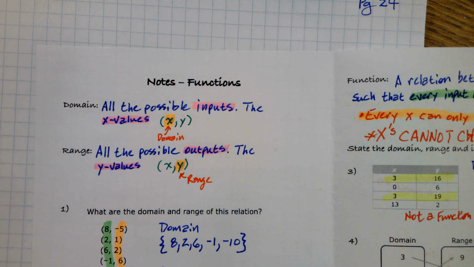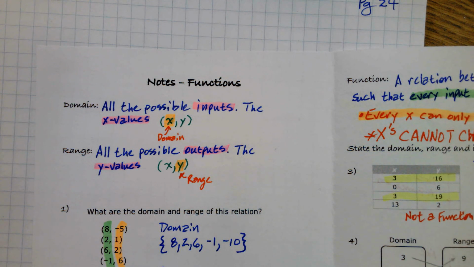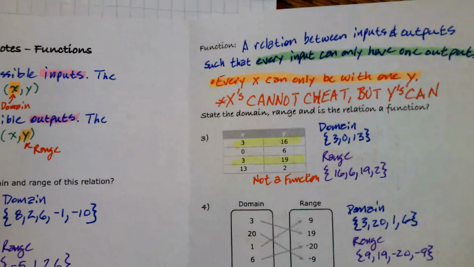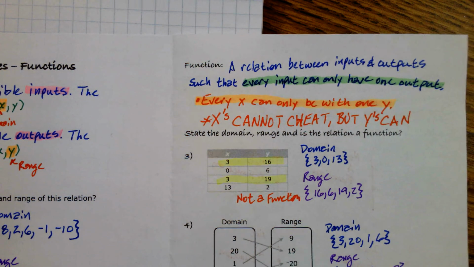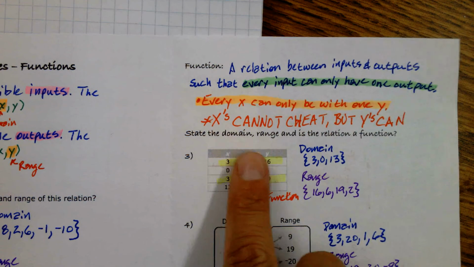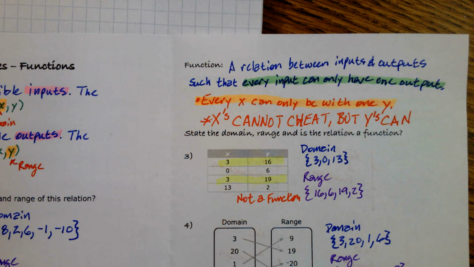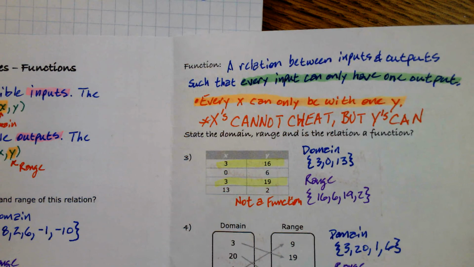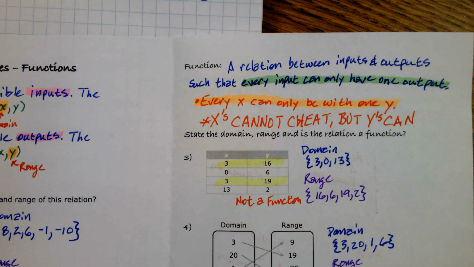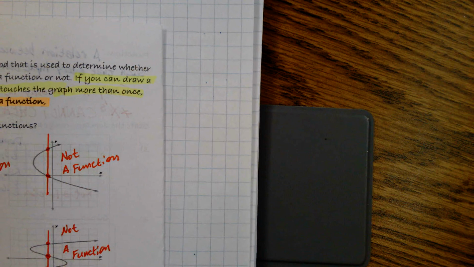So when we're relating things in one value to another, a relationship, we call one the domain, one the range. Okay? Now, certain relationships or relations can be called functions. And the main thing is every x can only be with one y. Every x has only one y. And you can't cheat. Well, x's can't cheat. And then it turns out